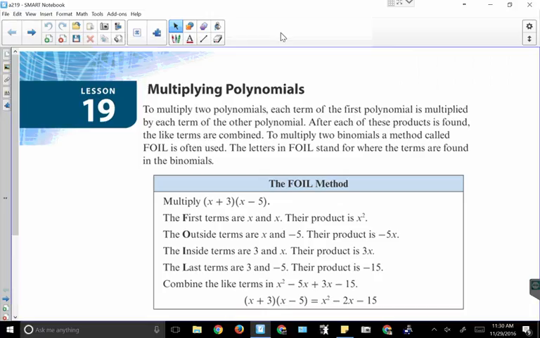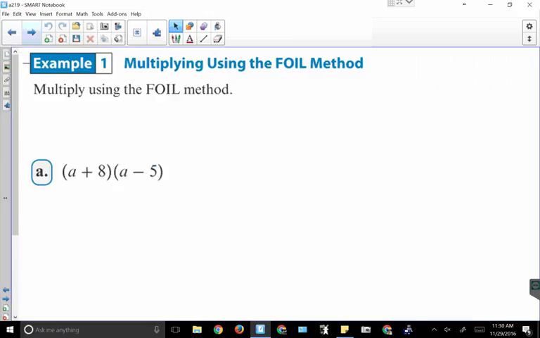Lesson 19, multiplying polynomials. Now, you have done this stuff before. You've heard of the FOIL method: first, outside, inside, last. This is nothing new, but I'm going to walk through this so that you can see exactly what you need to do. Now, when we're going through and using FOIL,